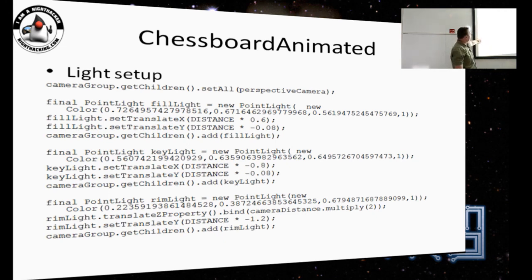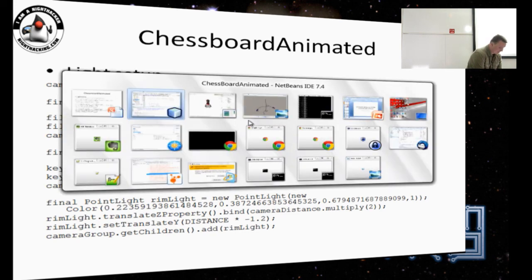Just this rim light is done a slightly different way. We have a camera distance property, which for us shows how far the object that we are looking at is. And it adds a light behind that object so that it has a light coming from the back. So this is the trick, how to get good lighting. When you do the lighting well, everything looks really good.